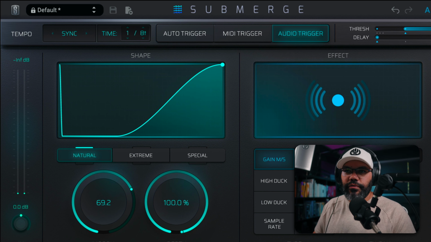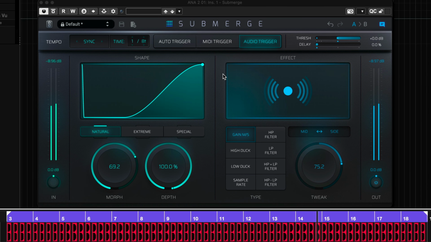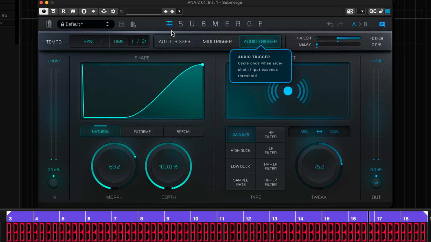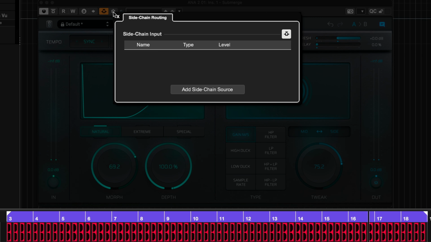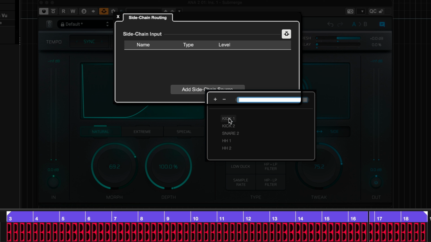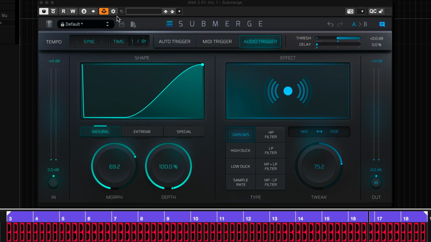For example, if I have a kick here and I set it up to auto trigger, it's not going to do anything. So the way you do this is you set it up to audio trigger, and in whatever DAW you're using, you should have something to activate or deactivate the side chaining within the plugin. And I have it right here. I'm just going to activate it, and I'm going to go to this cogwheel right here, and I'm going to add a sidechain source. In this case, it's going to be kick 1. And now, as I'm doing that,